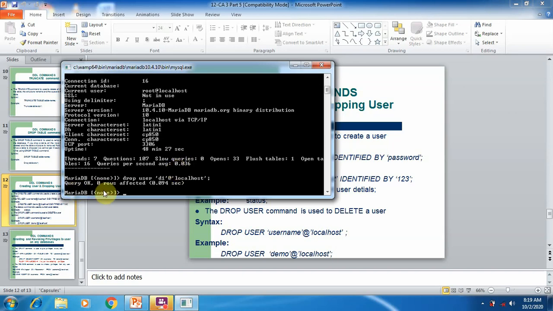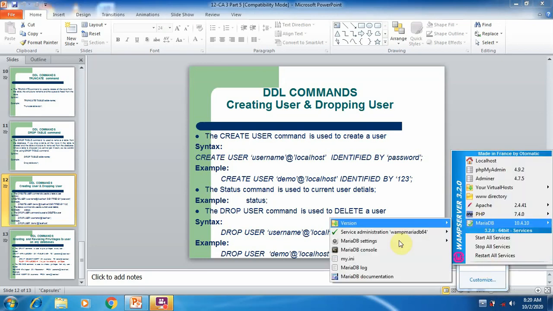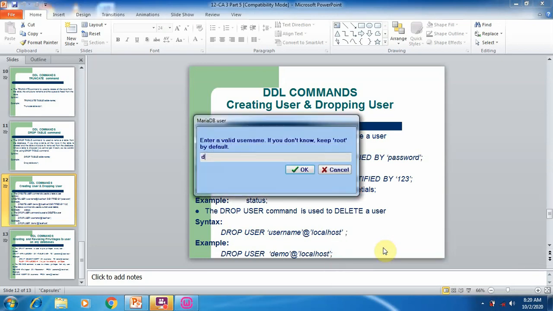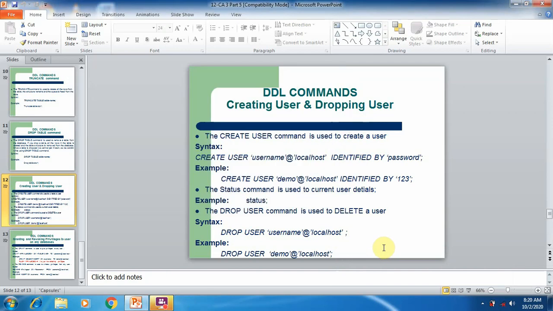So here you can see query OK, 0 rows affected. So exit from this user, try to log in into the D1 user. So MariaDB, type the username D1, type the password 123. So you cannot log in into the D1 user because it was dropped.